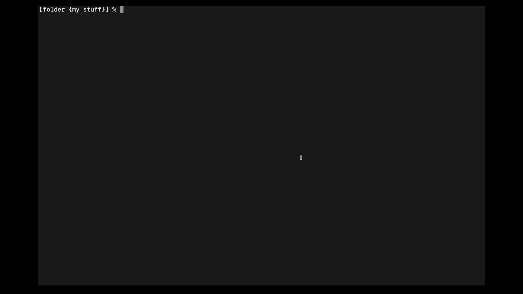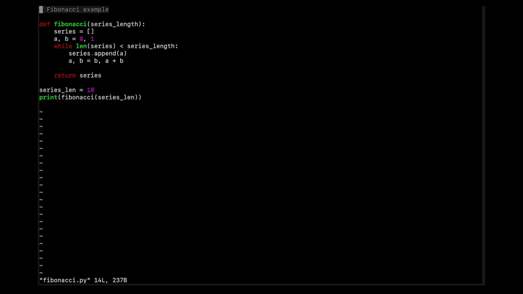And so this is the terminal on my Mac, and I am able to look at the same folder that we just looked at, and I can open the same files with a text editor in my terminal,